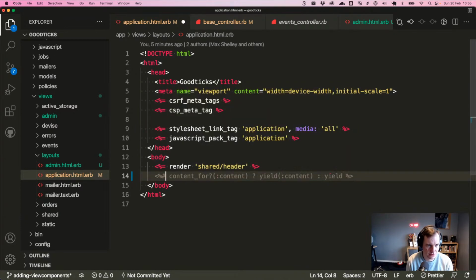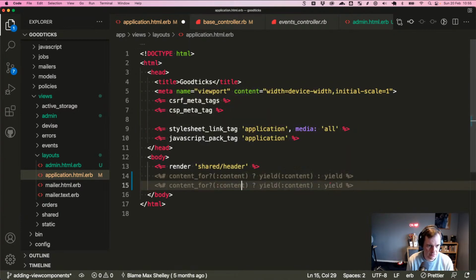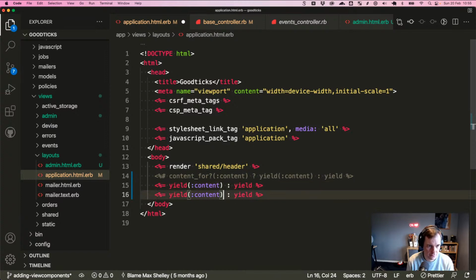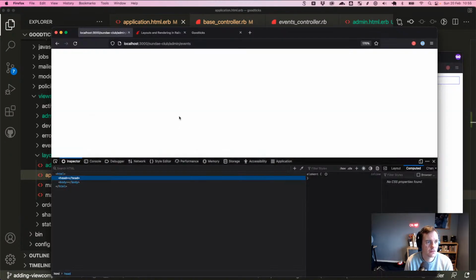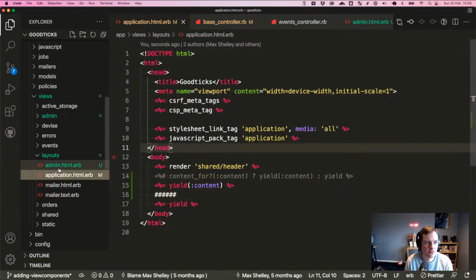What happens if we just render both of these? I'm assuming that this one is empty. Oh, but in that